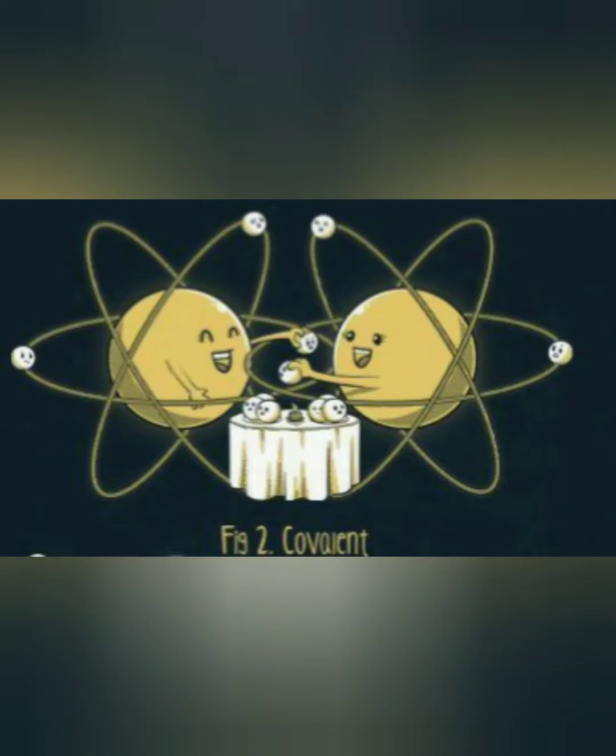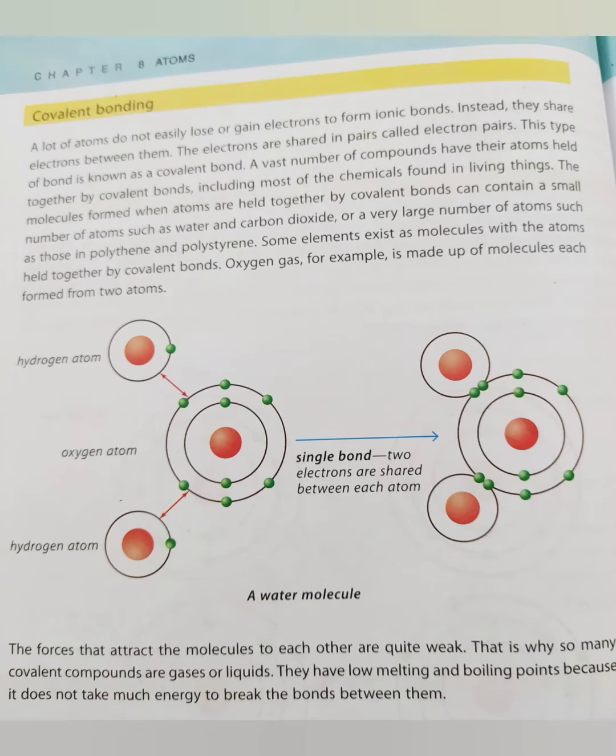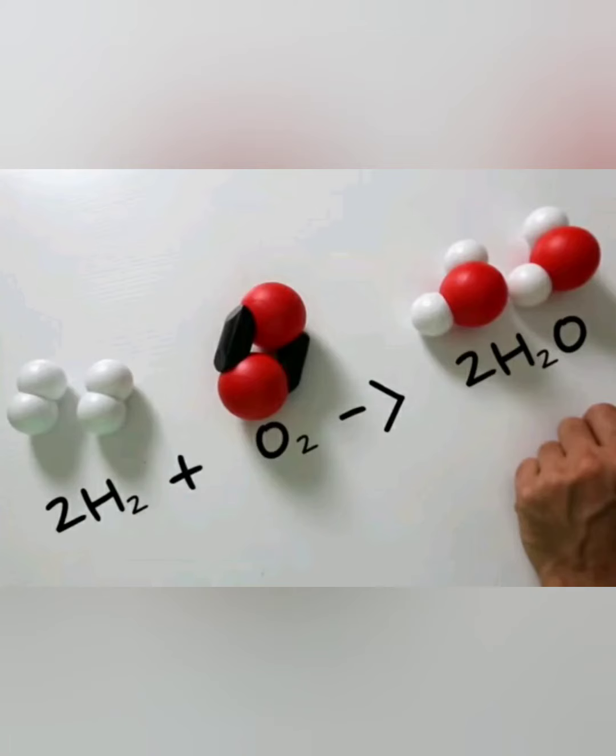In this picture, the second type of bonding is shown, which is explained in your book, and that is covalent bonding, in which atoms are sharing electrons, the electrons which their outermost shells are lacking. Look at page number 96. It is showing that oxygen atom's outermost shell has 6 electrons, so it will take one electron from hydrogen atoms and will become water. As no losing or gaining of electron has occurred, no ions have formed. The red ball is oxygen atom and the white balls are hydrogen atoms.